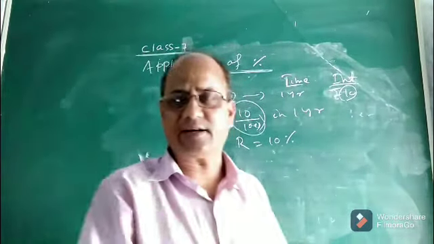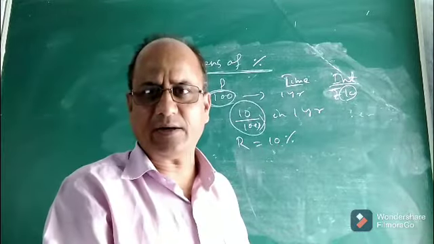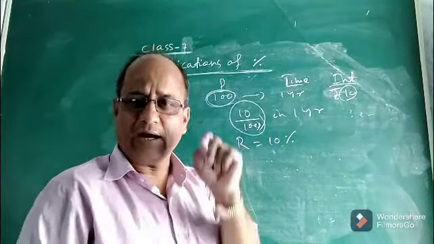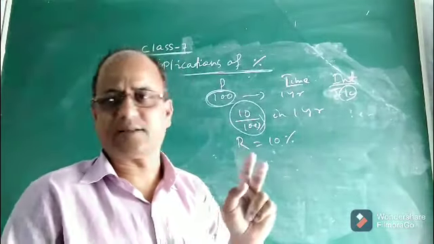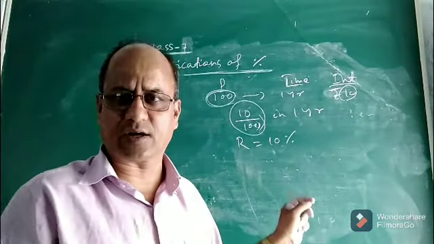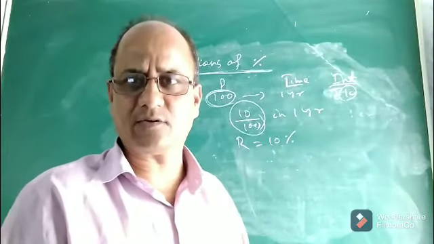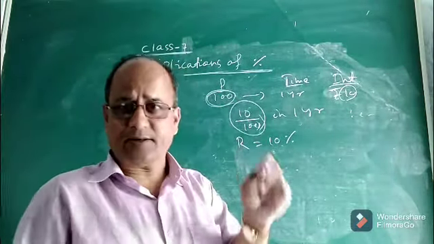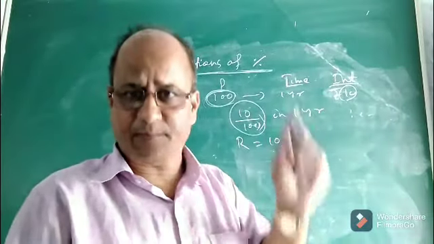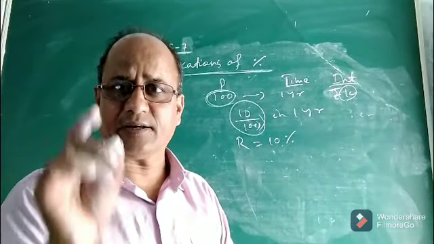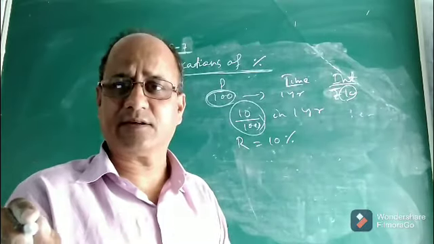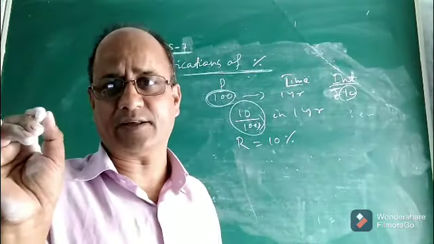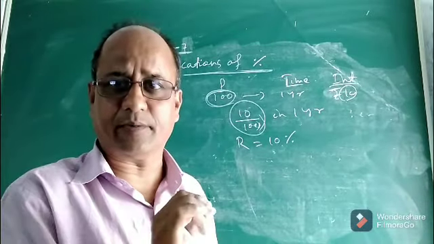So what is rate of interest? Rate of interest means the extra money earned on every 100 rupees in 1 year, and it is always expressed as a percentage. These are things we have already read in junior classes, but once again I discussed. So now, after knowing what is principal or sum, then rate and time period, once again, time period must be expressed in years in simple interest calculation, and rate must be expressed as a percentage. These are the things we need to remember.